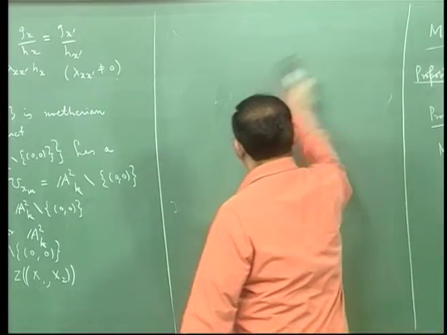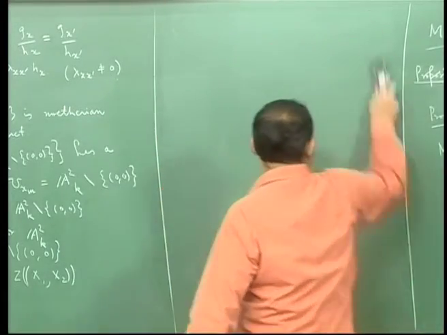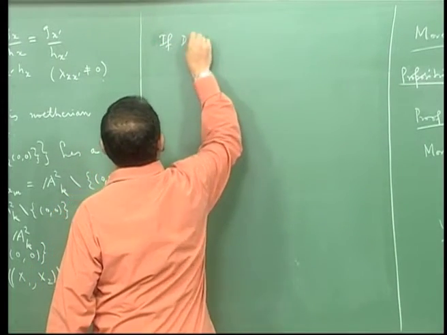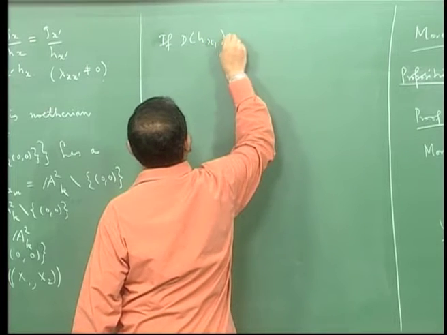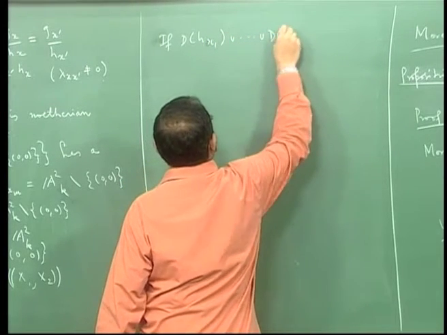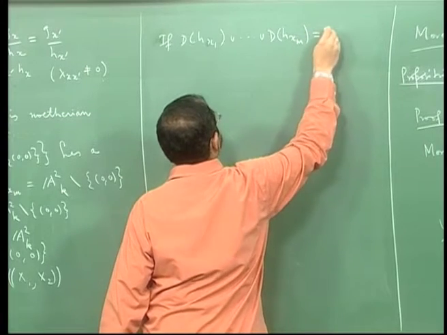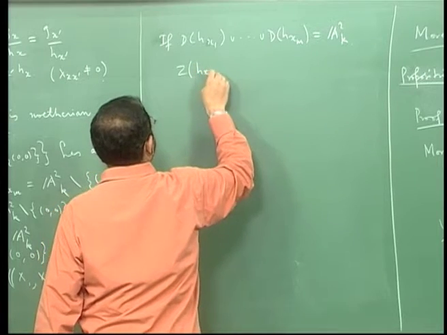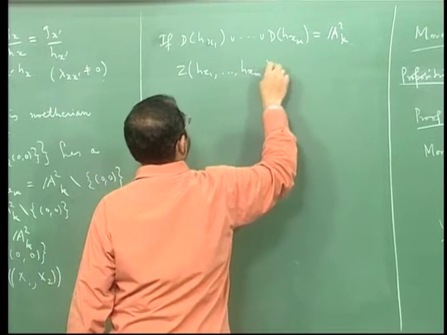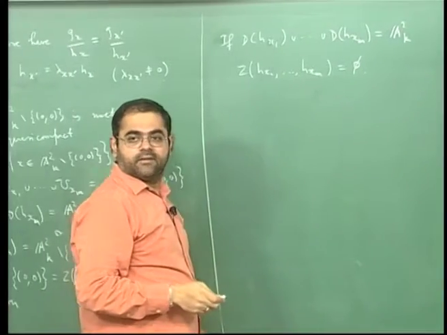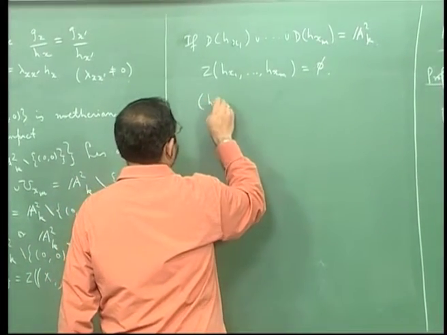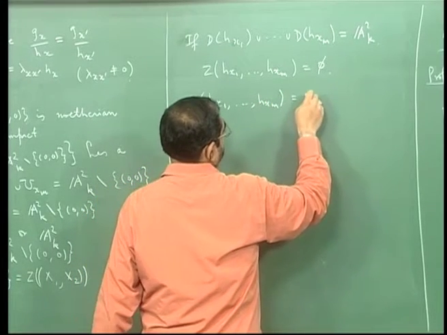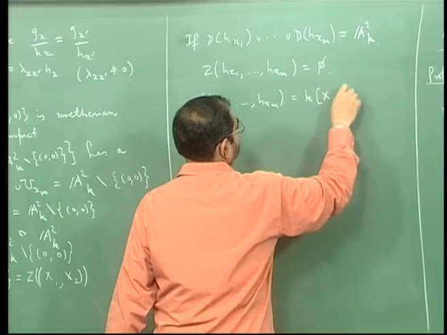The ideal generated by the h's will be the whole polynomial ring. If dHx1 through dHxm is A2, what it will mean is that Z of Hx1 through Hxm is a null set, and this means that the ideal generated by Hx1 through Hxm is the whole polynomial ring,